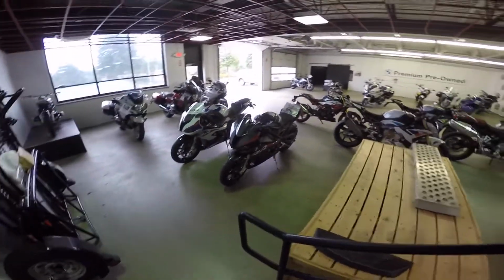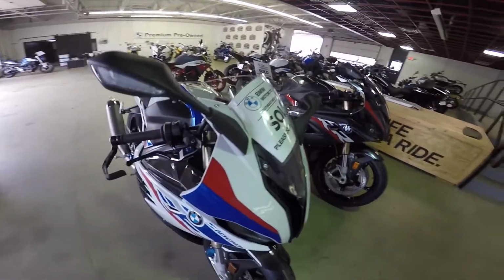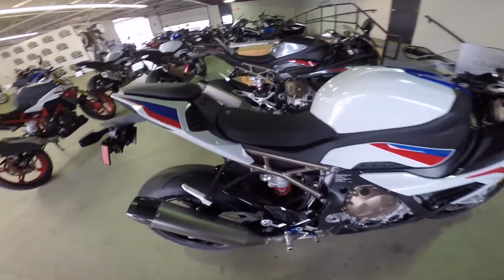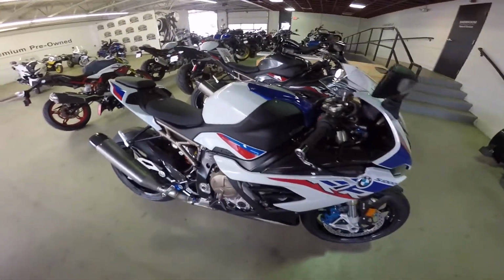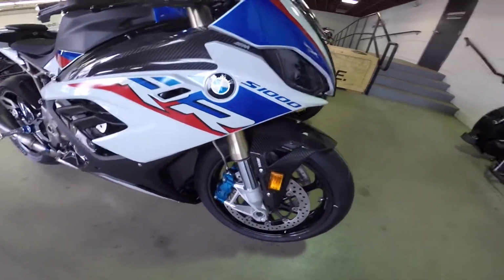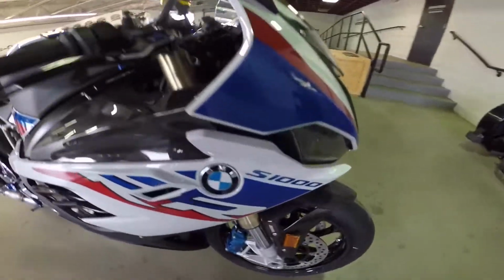So before we get into it and I show you my bike, this here is the 2022 BMW S1000 M model, the carbon package one. It's not to be mistaken with the M1000RR. This is actually the S1000RR with the M package. It has the M blue calipers, carbon fiber bits and pieces on it,